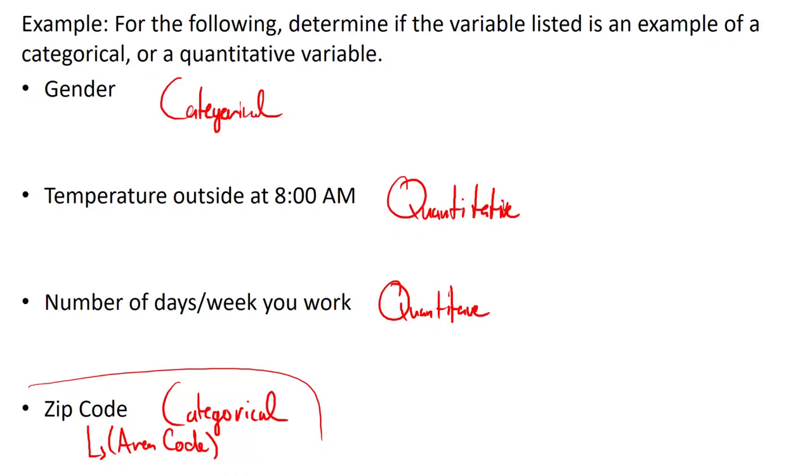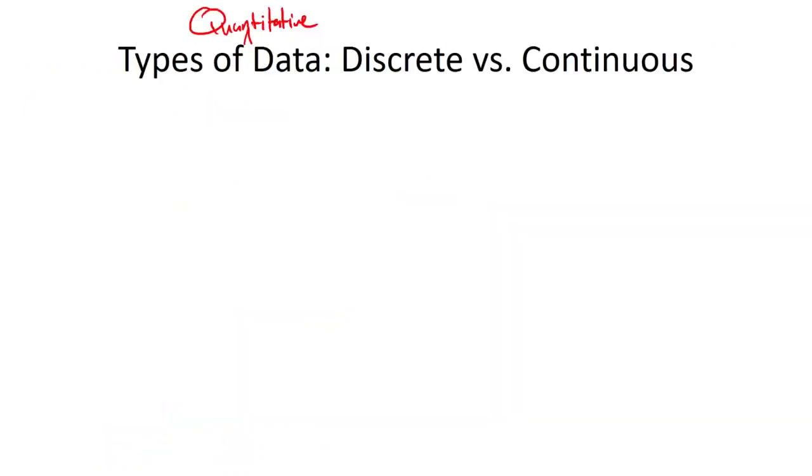You're going to tell me 0, 1, 2, 3, 4, but as far as temperature goes, what could you record? Decimal? Yeah, you could have decimal values, you could have negatives, you could have positives. There are almost infinitely many temperatures you could record if your thermometer was precise enough. Those are two different types of quantitative variables. One of them is discrete, and one of them is what we call continuous. And so discrete data,